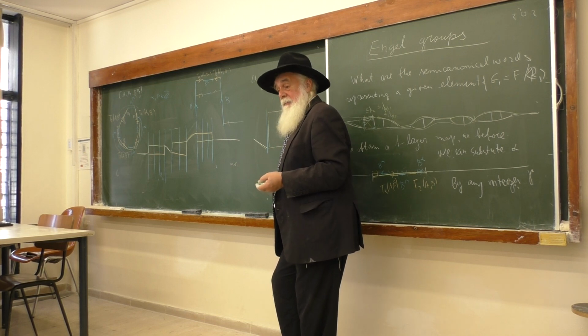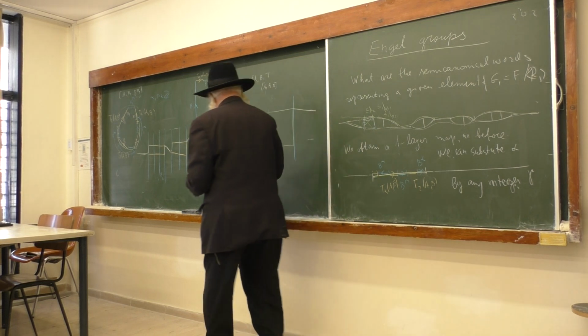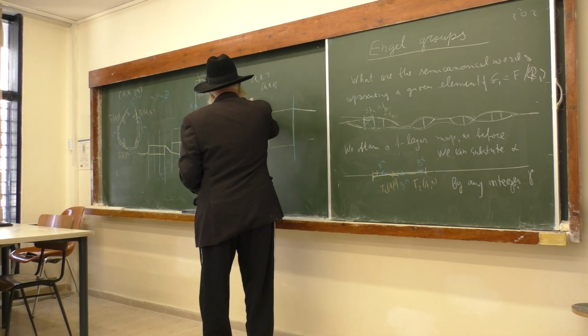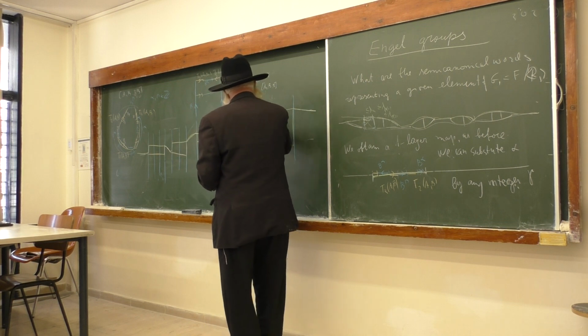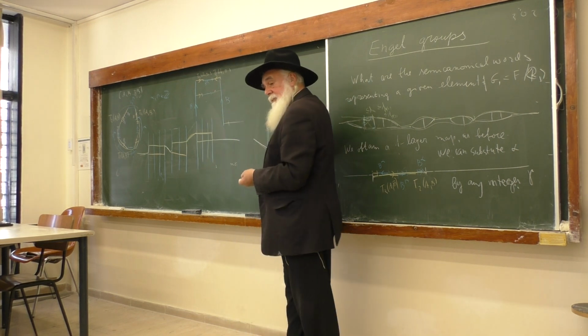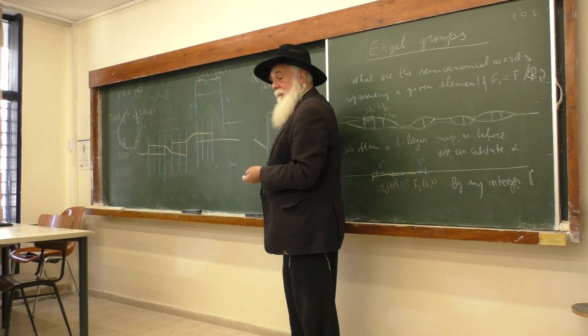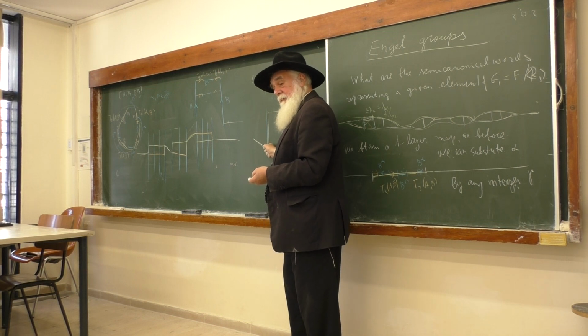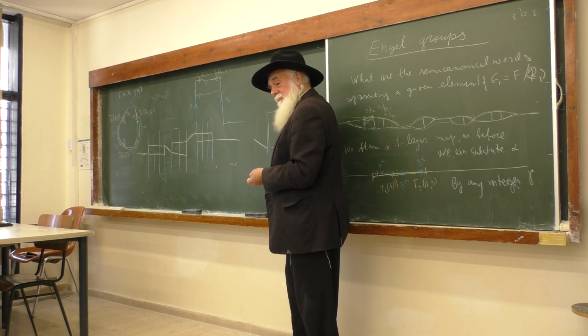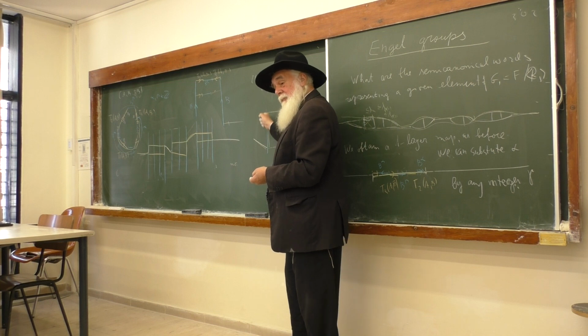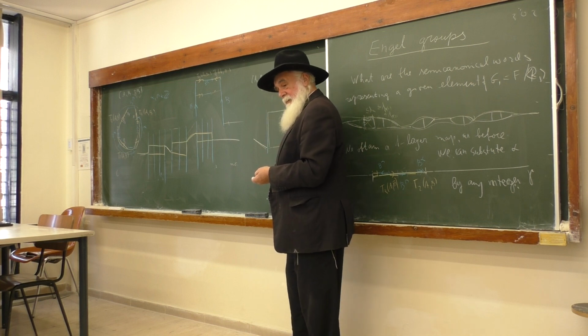The answer will be like this: we have to see B, some power of B, and then crossing this. If the power of B is positive, we will cross immediately and then go. If the power of B is negative, then we first go to this point and cross this. So in some sense,